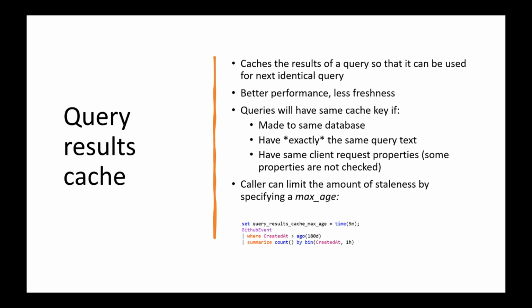And what we do is we say, on every query that you send to us, tell us how long you want to cache it. In the image that you see here, we say we want to cache the query for 5 minutes. That means that if exactly the same query text comes through, you're going to get a result from the cache over the 5 minutes. After 5 minutes, it will expire, and the next time that you send it afterwards, it will re-execute and refresh the